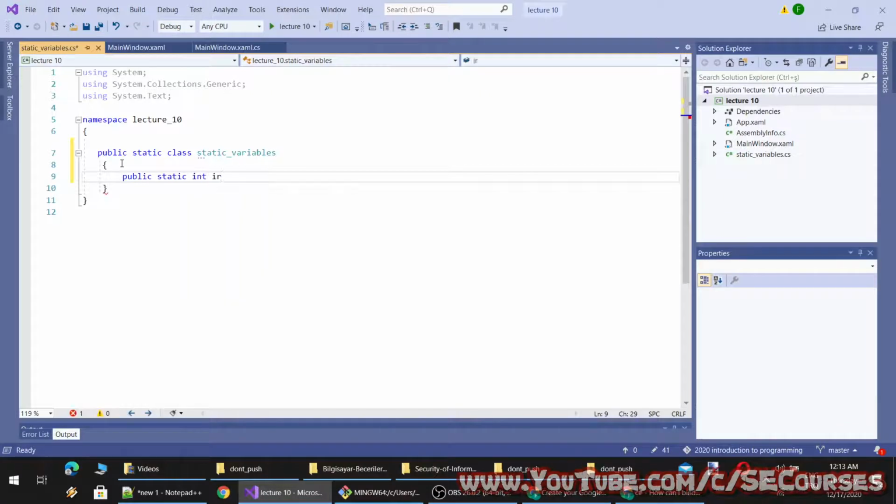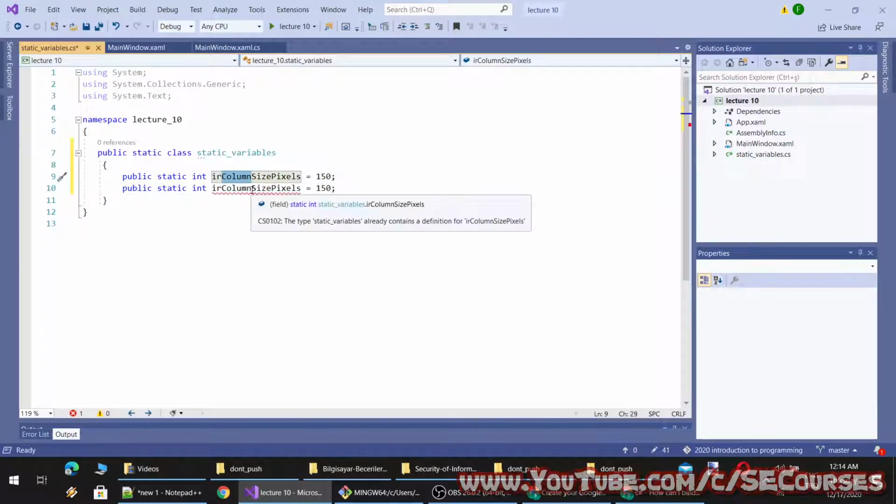Integer column size equal to 150 pixels. And by the way, this is column size and row size.